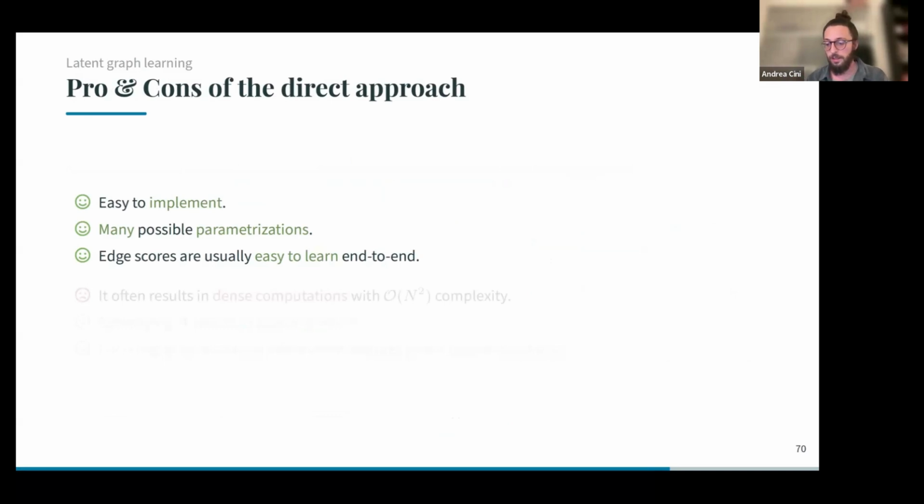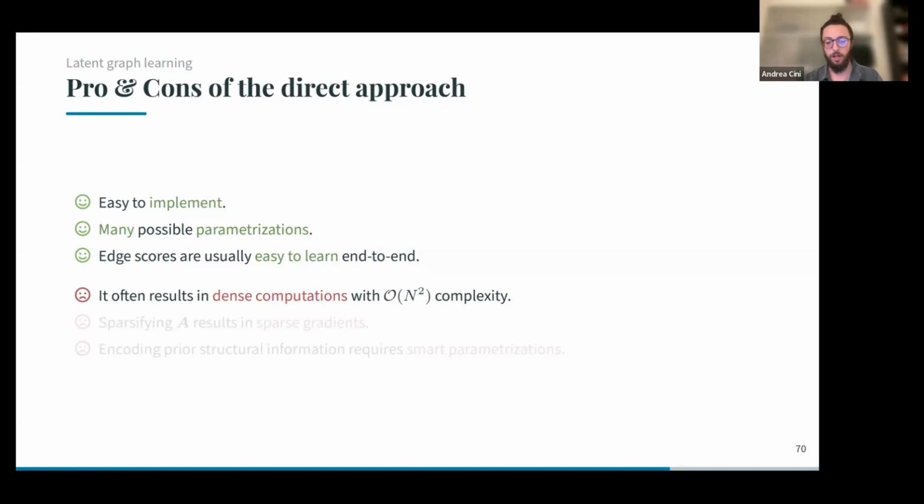Also, because we have all this deep learning solution, they are supposed to work immediately once applied within the optimization tools that we have available. On the downsides, as these free parameters are in the end real numbers, we usually end up with n squared computational complexity that, as you can imagine, does not scale well if we have a large number of time series that we want to consider altogether, especially during training, where we haven't